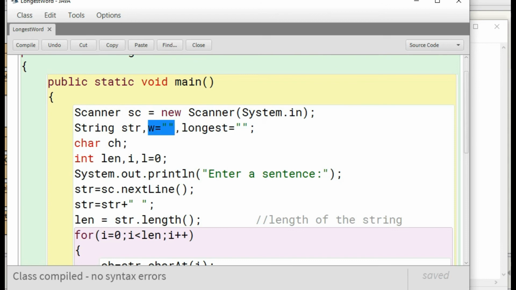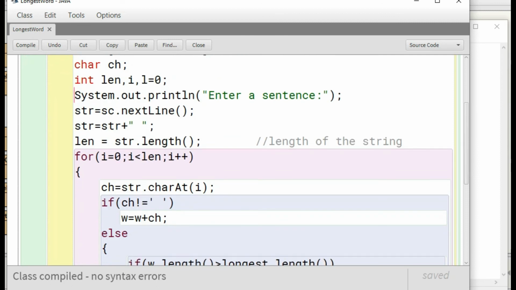If the first word has the maximum length as compared to the second word, then the longest word will be the first word. Again we are checking whether the second word is maximum with the third word. So the logic is we are extracting each and every word of the string and checking with every other word, and in this way we are finding the longest word.